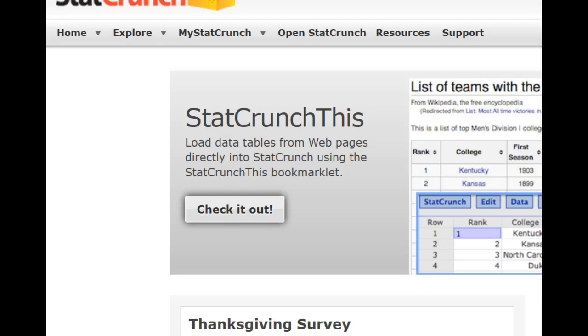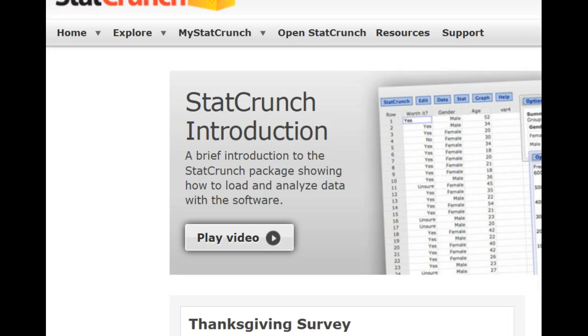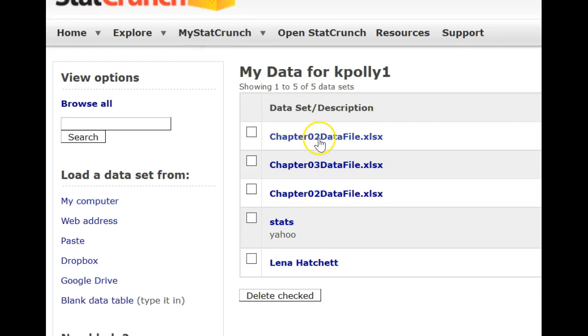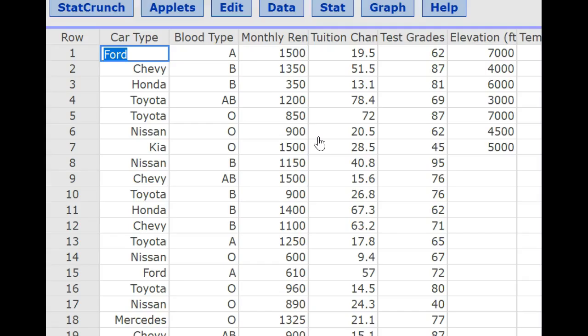So the next technology box is how to make frequency and relative frequency tables in StatCrunch. Again, we're going to start by entering the data into a column in the spreadsheet. Again, I'm just going to use the data we previously stored. So under My Data, I'm just going to click on that Chapter 2 data file to have some data to